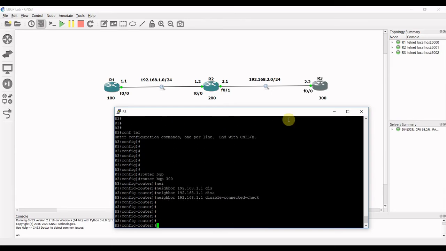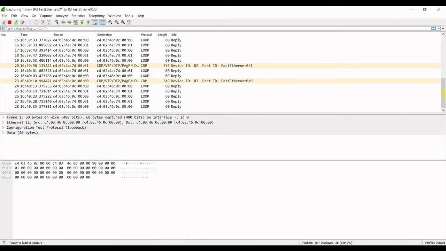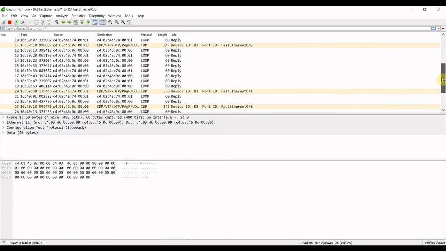Okay, so now on both ends, router 1 and router 3, we have disabled the connected check. Then let's go to our packet capture and see if we get any update.